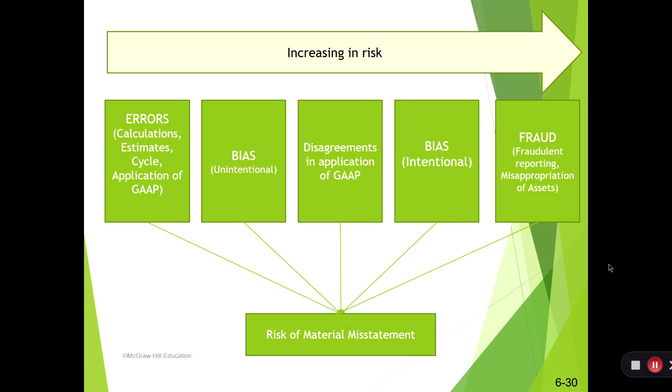And then you can have intentional bias where you're intentionally trying to have the most favorable estimates that are still within the reasonable range, but maybe that are on the high end of what's reasonable, right? And so they're kind of trying to inject some intentional bias. And if they take that too far, they take it outside of the reasonable range, that's where we can get into fraud, right? Fraudulent reporting or misappropriation of assets. So all of these are potential sources of the risk of material misstatement. So just keep that in mind. And we're going to try and design our procedures as a way to handle all these. But they still exist as potential sources nonetheless.